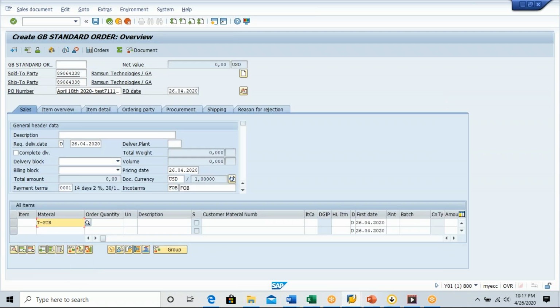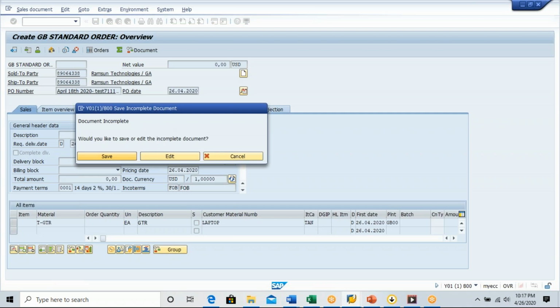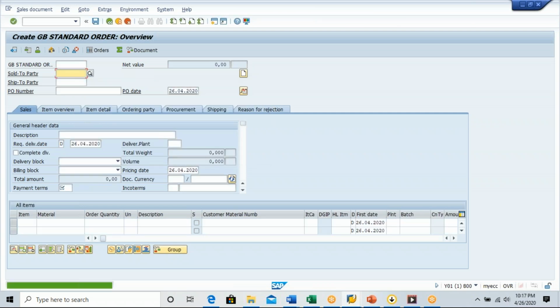So enter the material, save it. So see, I was able to save the transaction with incomplete data. Am I correct? With incomplete data, I can save the transaction. If I try to create the delivery for this transaction,